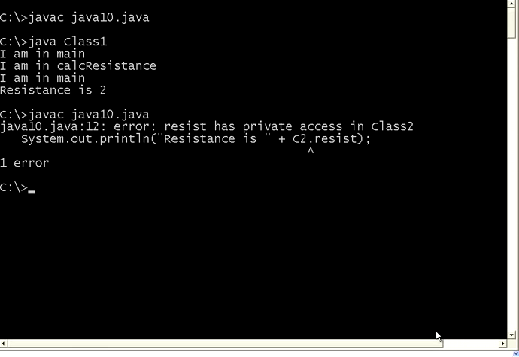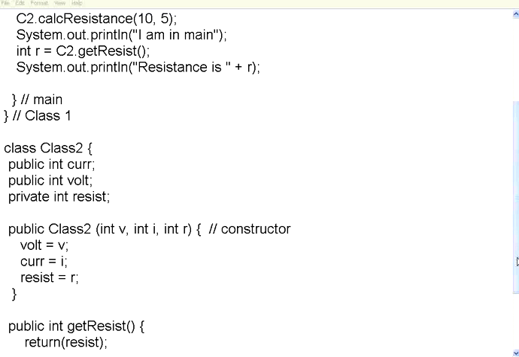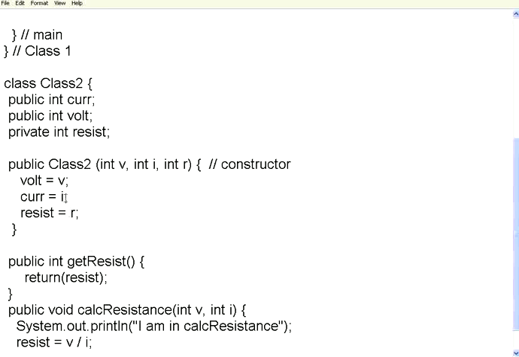So let us correct this problem. Since we have made this resistance private, this cannot be directly accessed from outside. So what we do is we provide a public method, getResist. It will return the resistance value as an integer value. So you cannot directly set some value or get some value of that particular attribute of this Class2. Instead, you give a public method that in turn